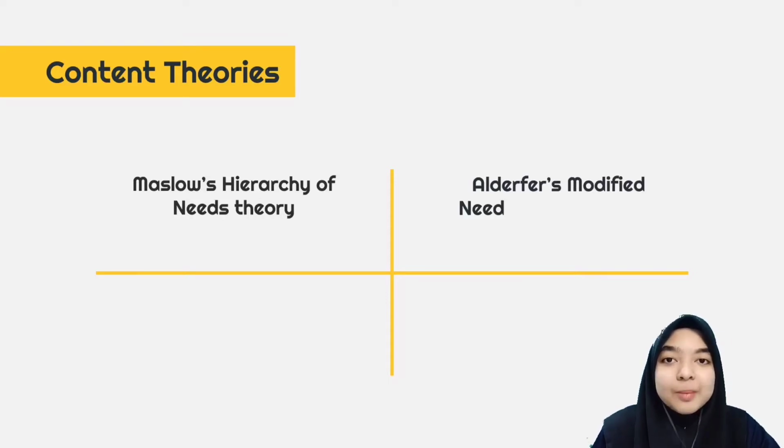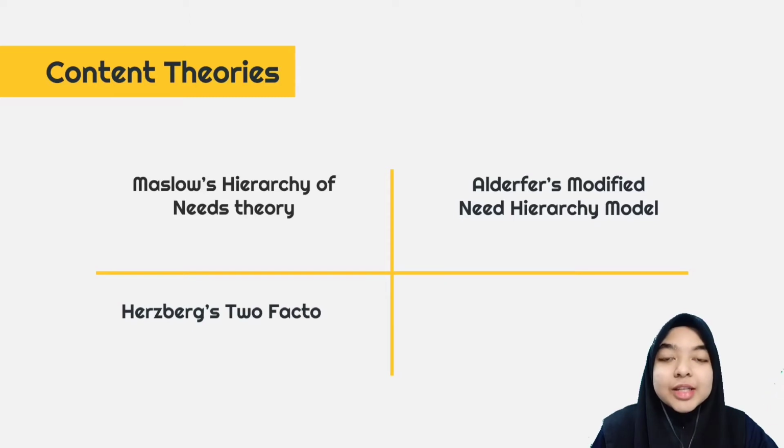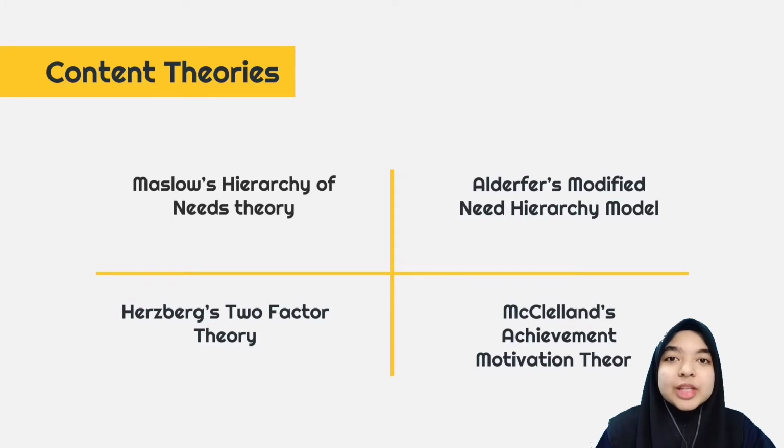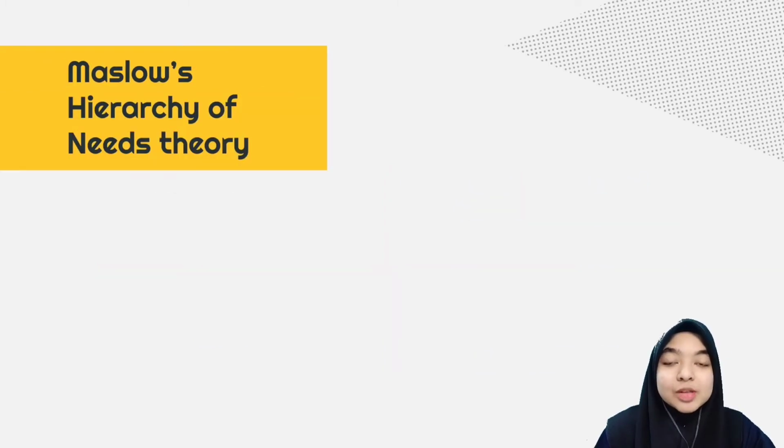First is Maslow's hierarchy of needs theory. Second is Alderfer's modified need hierarchy model. The third one is Herzberg's two-factor theory. And the last one is McClelland's achievement motivation theory. Let us go one by one through each of these content theories, and let's start with Maslow's hierarchy of needs